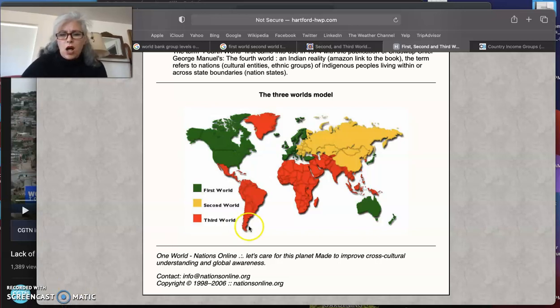So Brazil is on the map here, this very large area, and we mentioned Brazil in the forced immigration lecture because Brazil was a Portuguese colony at one point, and of course the Portuguese slave trade was one of the major historic slave industries in the African diaspora. And so I'm going to look at Brazil again, since we were looking at that from one of the maps in chapter 3.